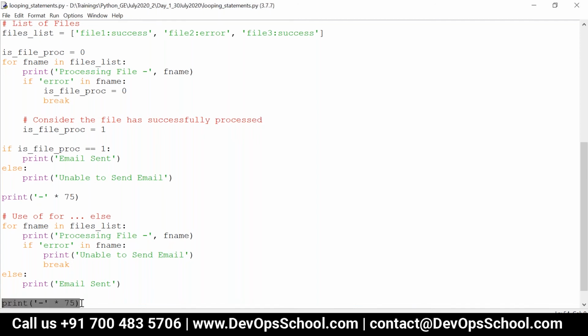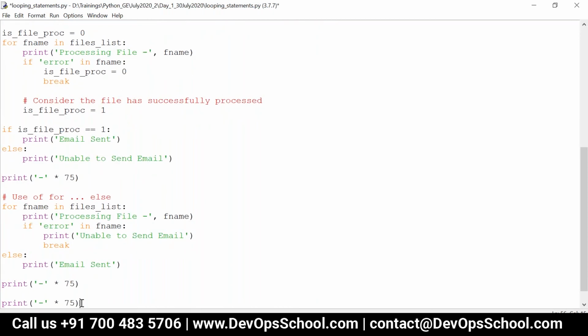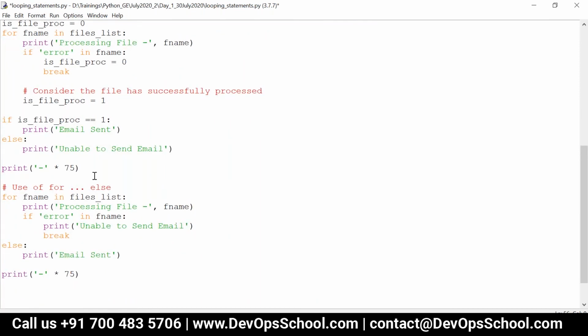So next one. We have seen how to iterate through the string and through the list, right? So now let's see how we can iterate through numbers. An integer is not an iterable object, right? So for this I have to use a function called range.